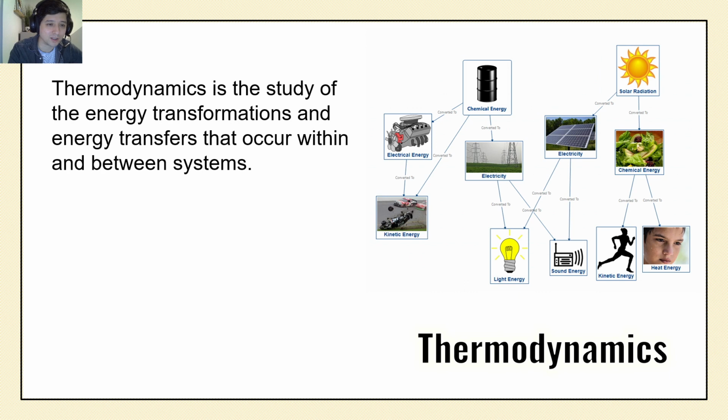Another way of putting it: the study of energy transformations and energy transfers that occur within and between systems. We see on the right here different types of energy: energy from the sun, solar radiation, chemical energy, electricity, kinetic energy, sound energy, light energy, heat energy. They can transform and transfer between systems and within systems. So this is what the study is about, and what happens when these transformations and transfers occur, and how efficiently